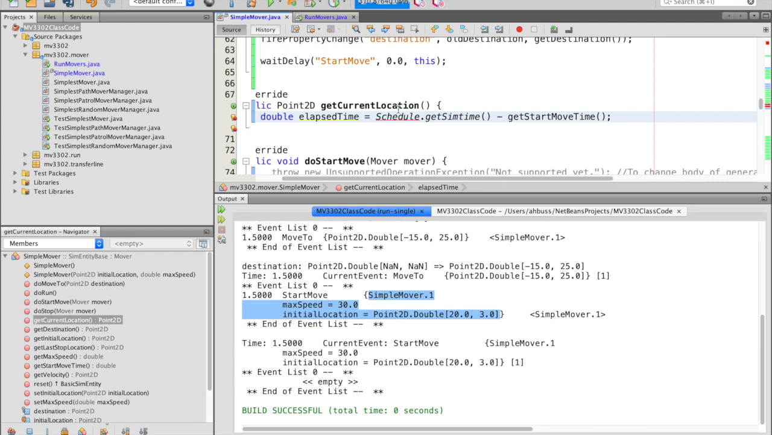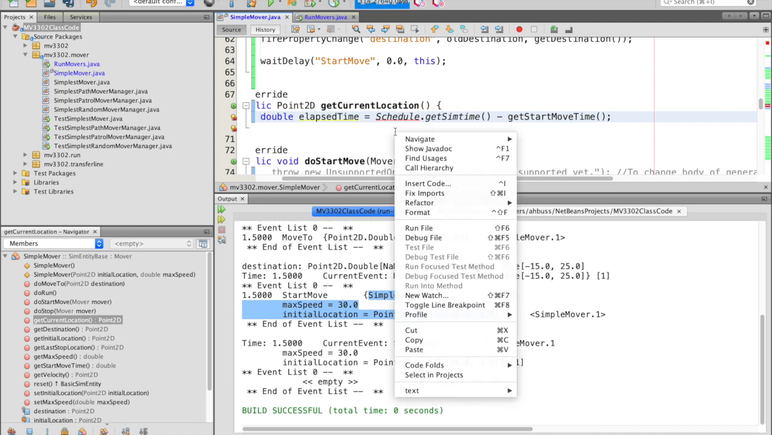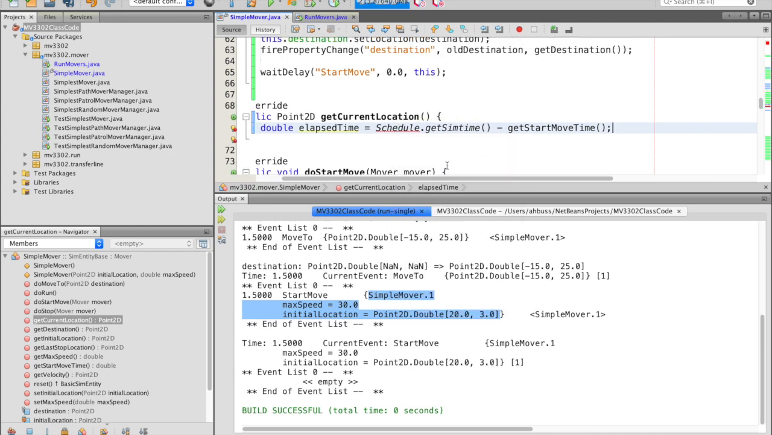And my mouse keeps doing this. Okay, so cannot find symbol schedule. We'll fix the imports. That should bring schedule in. And it doesn't like the way I spelled get sim time. Okay, so now